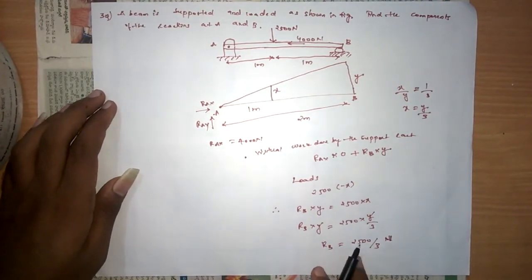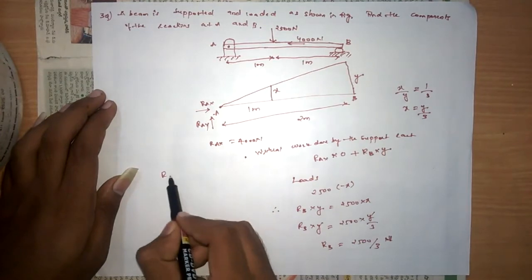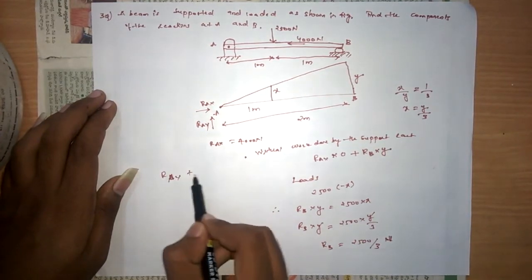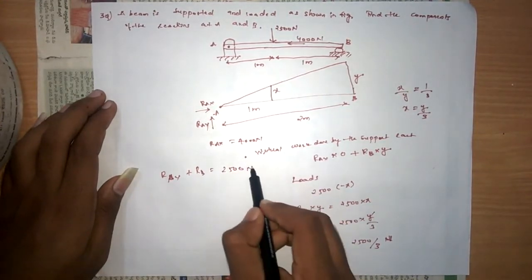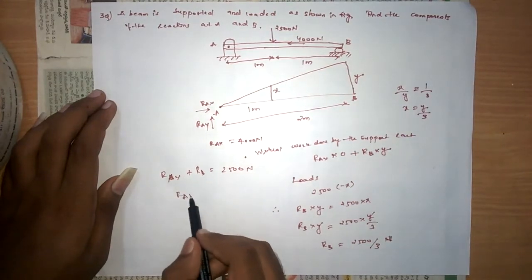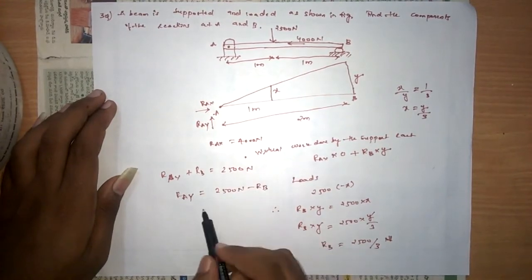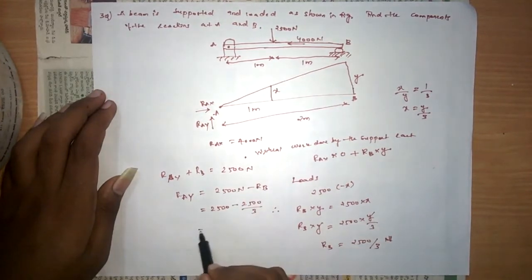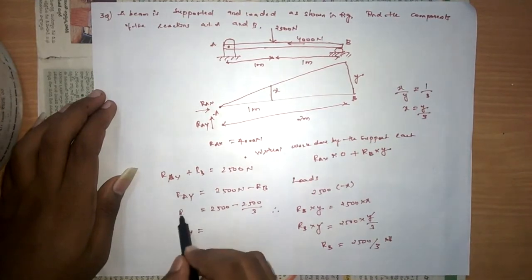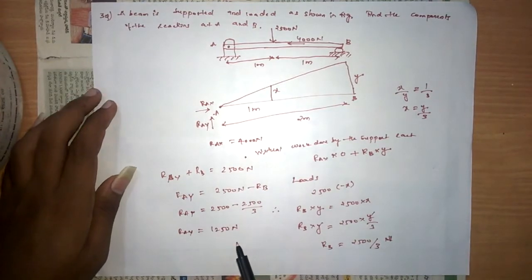Now to find RA, we can also solve by summing the forces from equilibrium. RAY plus RB equals the load acting, which is 2500 newtons. Now I am asked to find RAY, which equals 2500 newtons minus RB. I know RB, so 2500 minus 2500 by 3. Now the RAY reaction is 1250 newtons. This is the way to find it by using the